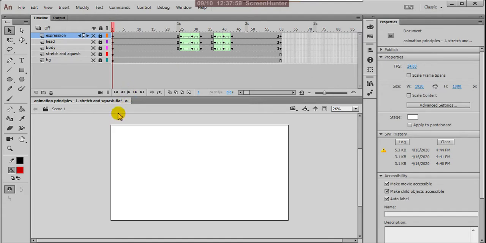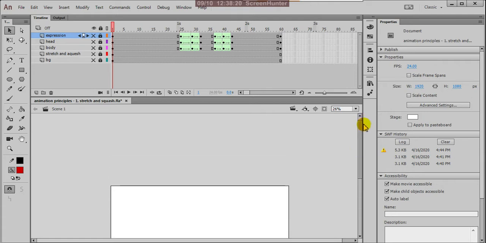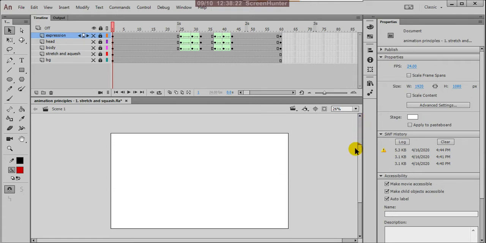Today onwards, I'll explain animation principles in practical. Already I explained you animation principles in theory wise. Now the theory is very easy to understand by reading it, but the same thing if you apply practically, what will be the result? So today onwards I'll explain continuously all the 12 animation principles one by one.